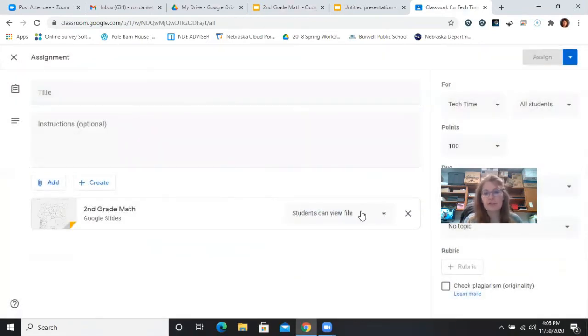And then you're going to make sure that you say make a copy for each student. That's always important. Otherwise, they're trying to work on the same document. And then you're going to assign it. And that way, when they turn it into you, you've got it all in one location so you can grade it. And I don't know, this worksheet that I have right here,